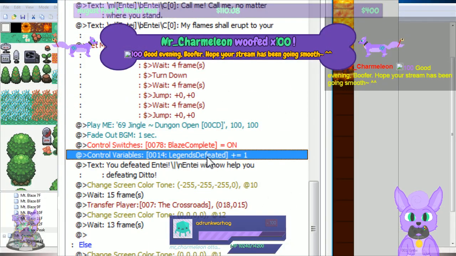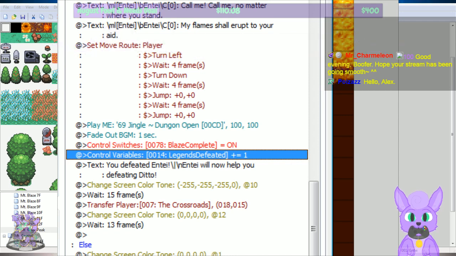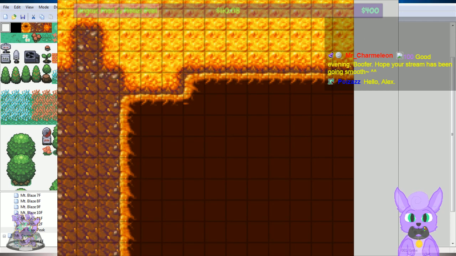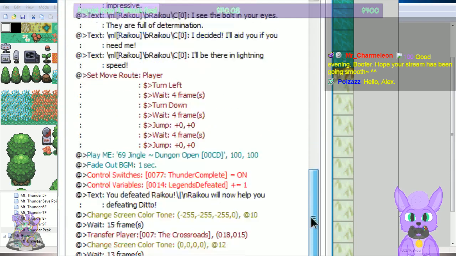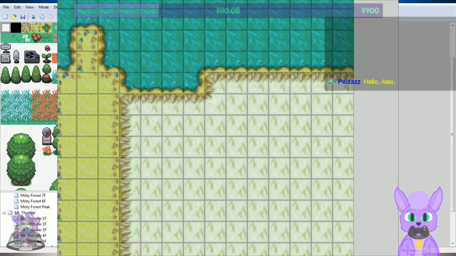Control variables. Hope your stream has been going smooth. It's been going okay, Char. But here it is. Legends Defeated plus equals 1. So plus 1 to Legends Defeated. Let's go check on Raikou here. Also plus 1. I wonder if, okay, so it's not an incorrect number. I wonder then if...